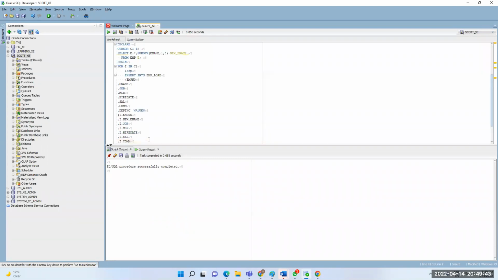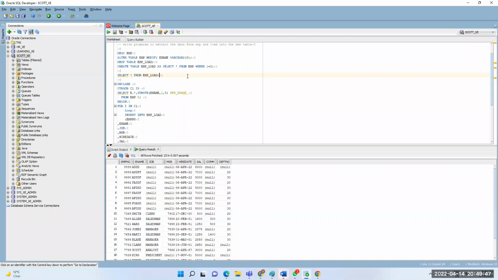Okay, now the process is completed, right? Now check the data in this table. Is the data loaded or not?